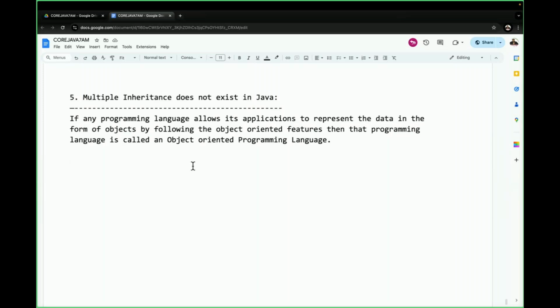Now observe carefully about this. Okay, the definition is fine. There are nearly 7 object-oriented features available. What are the 7 object-oriented features? The first one is class, and the second one is object. Next one is